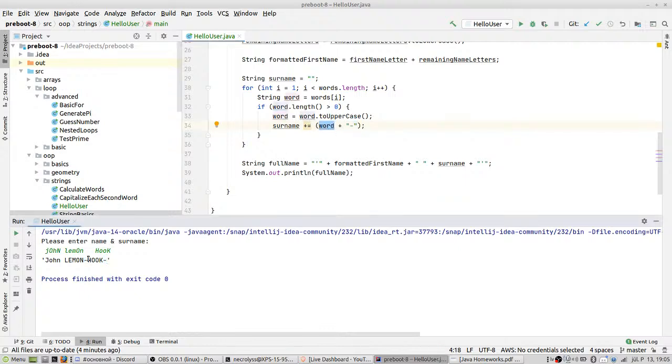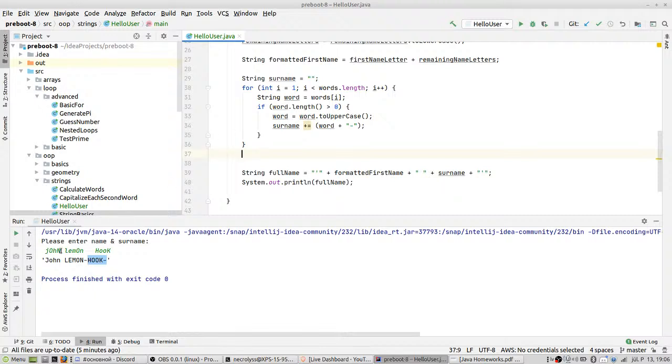So if we assume that this part is the last processing part of the surname, we should not append this. But as you have seen before, we can have these extra empty strings. So the better option here may be